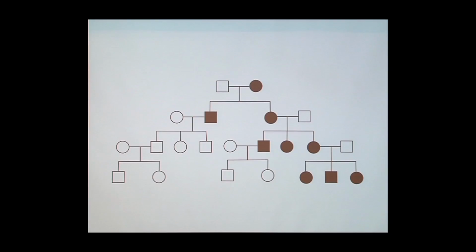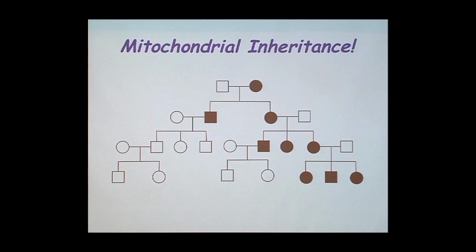Okay, so before we go on, here's another pedigree. And what do you think is the pattern of inheritance here? Little quiz. Autosomal dominant. Sure looks like it, doesn't it? I tricked you. Guess what it is? It's mitochondrial. So remember last week we talked about how we have DNA in our mitochondria as well as in